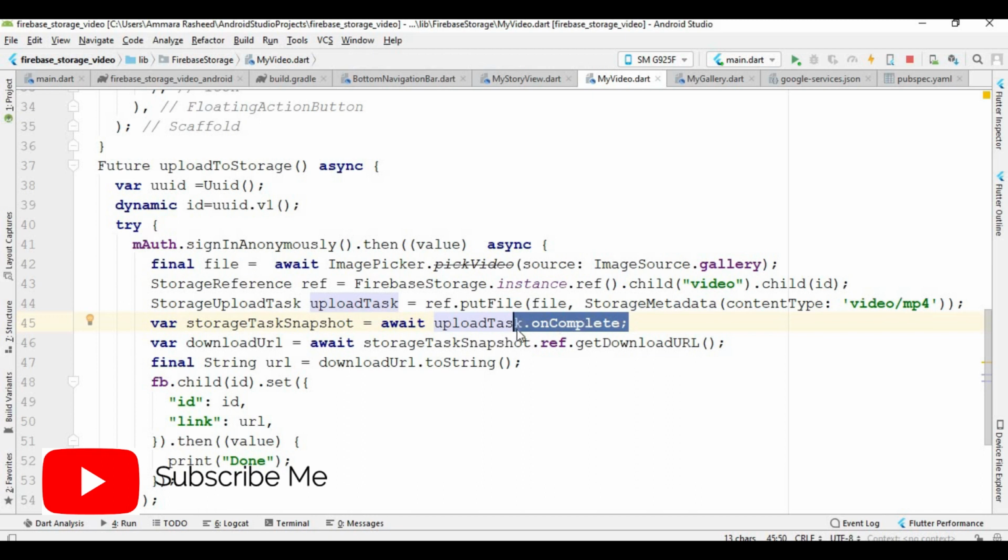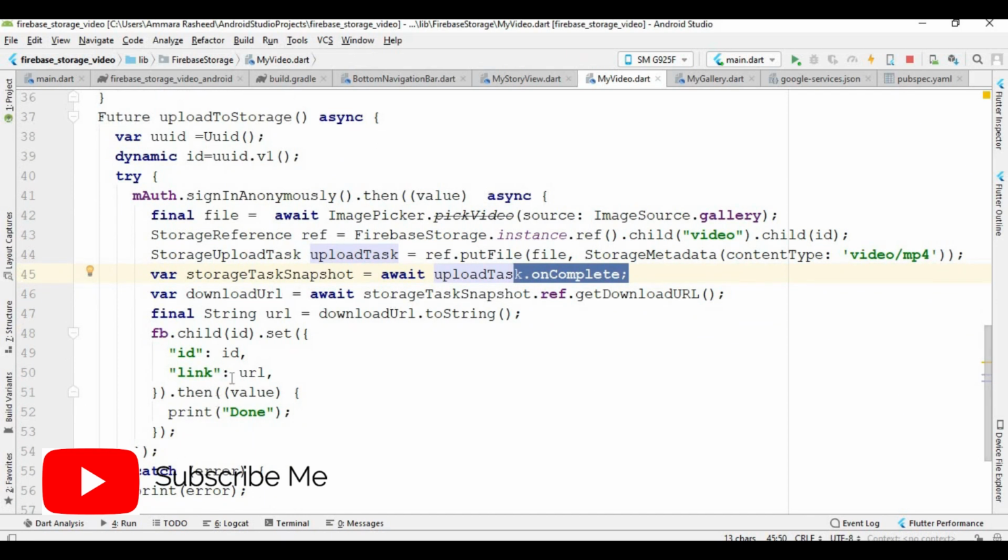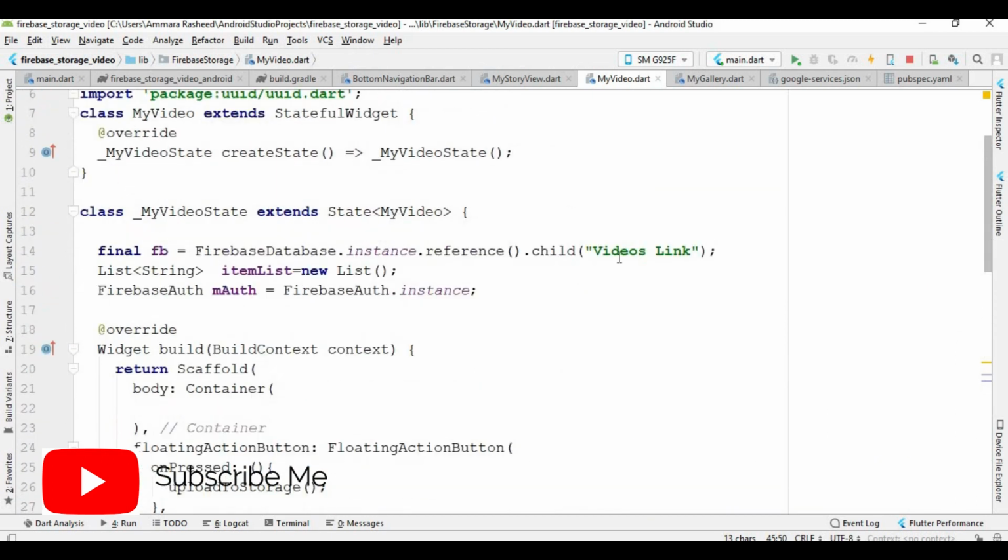If the task is complete successfully, then I simply store the link and ID inside the Firebase database, and you will see that here I create this FB variable, and inside this FB variable I simply create this node which is video link. So I can put this code video link, and